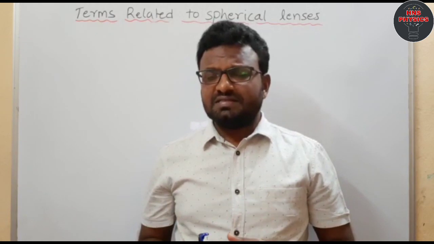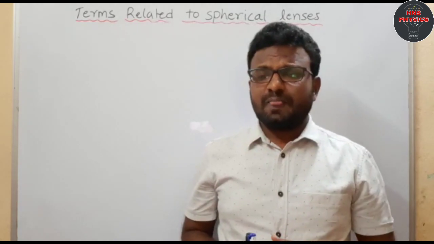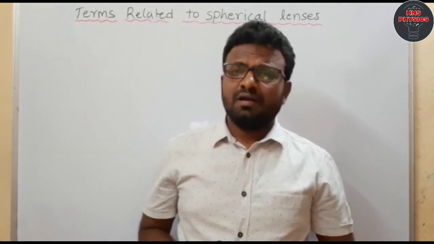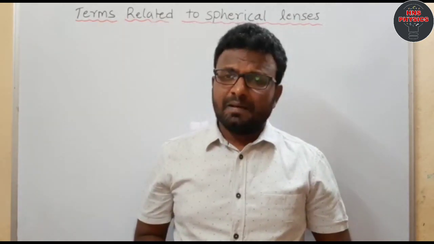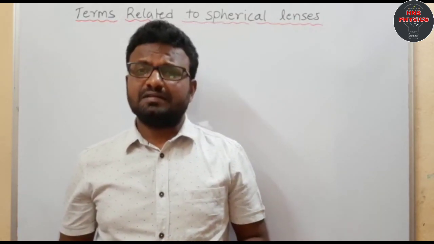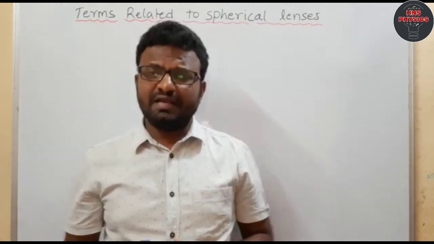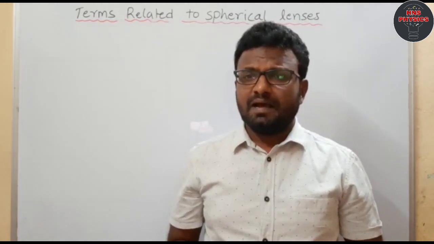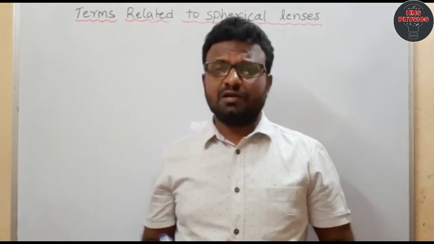Right now we are in the second chapter of 10th class physics. In physical science we have 12 chapters for 10th class: 5 chapters are based upon physics and 7 chapters are based upon chemistry. The first chapter, reflection of light at curved surfaces, is already completed. Now we are in the second chapter, refraction of light at curved surfaces. After this chapter you have the human eye and colourful world, and electricity and electromagnetism.